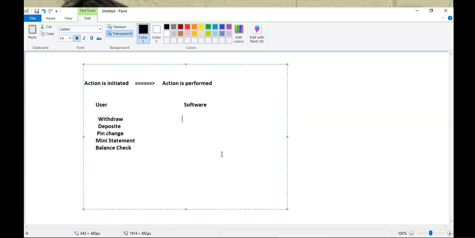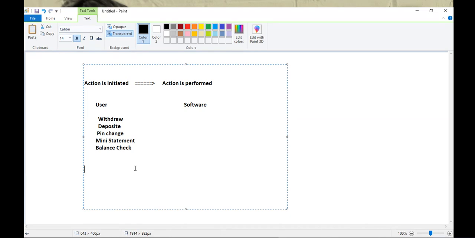So if you think in function terms, what is the user doing here? Call. The user is calling the activity. And what is the software doing? The software is executing the activity. So what is there in between? Binding. So when I call withdraw, the withdraw method will be executed in the software.